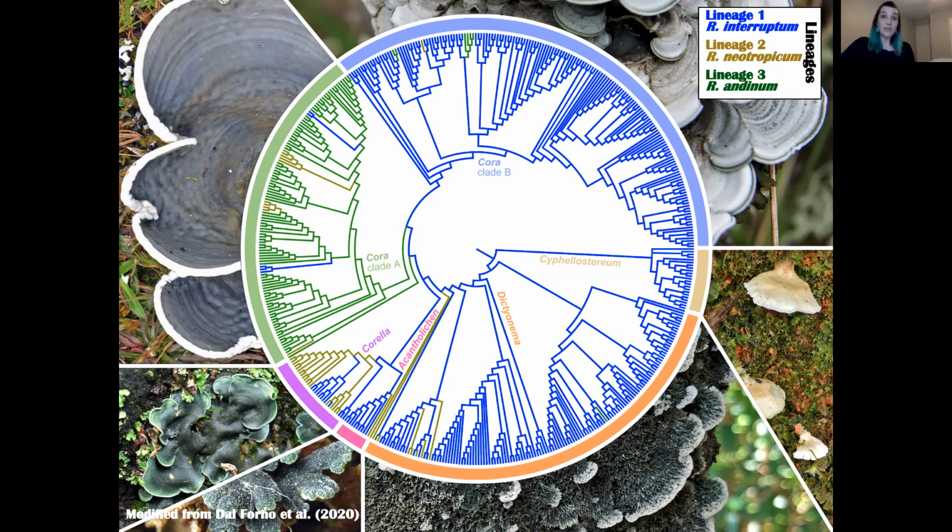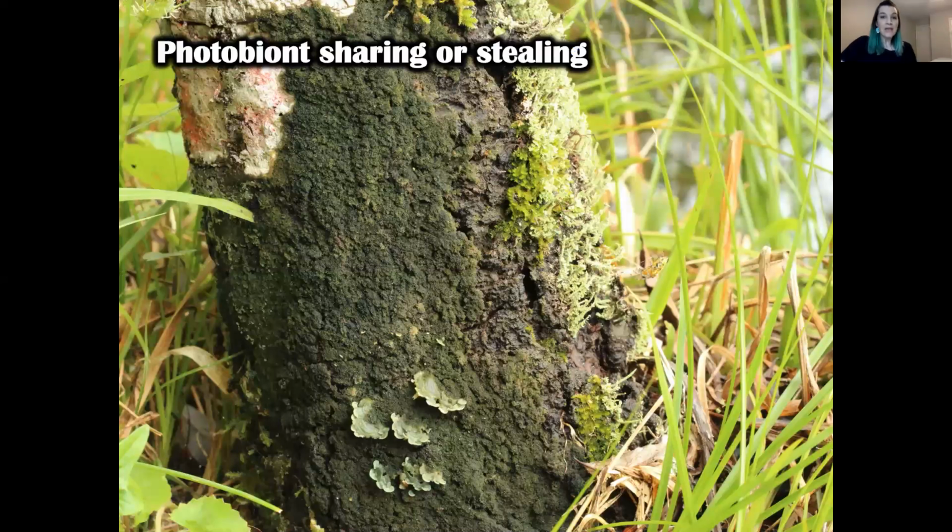Some different genera of ascolichens with this same photobiont. So not only has Rhizonema managed to be a partner with different lichens, completely unrelated basidio and ascolichens, but also with bryophytes.